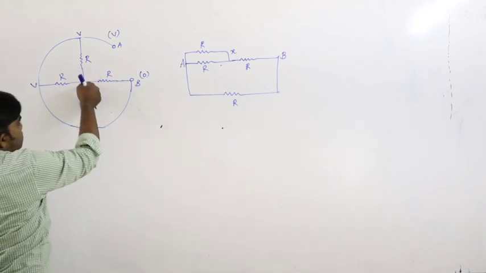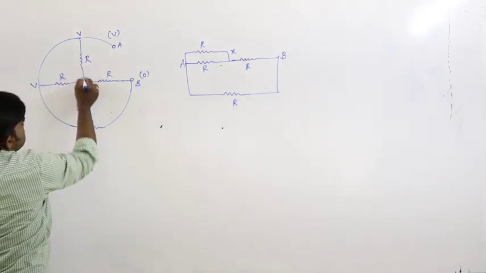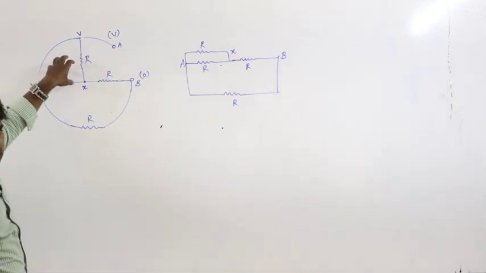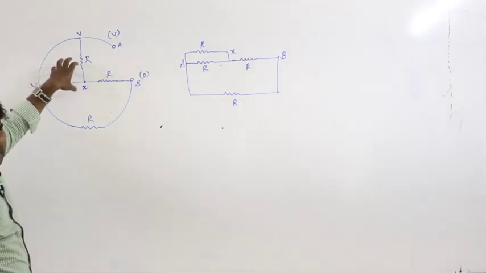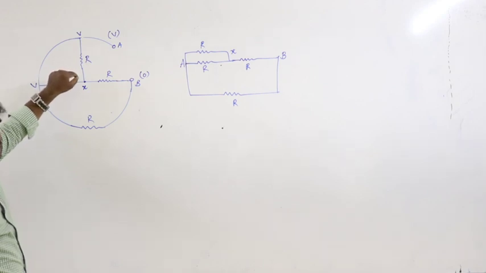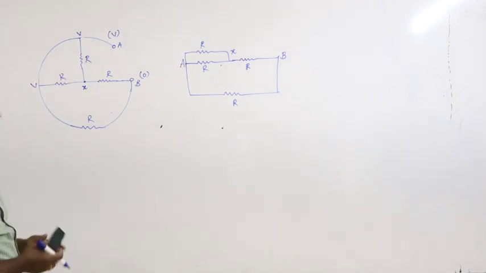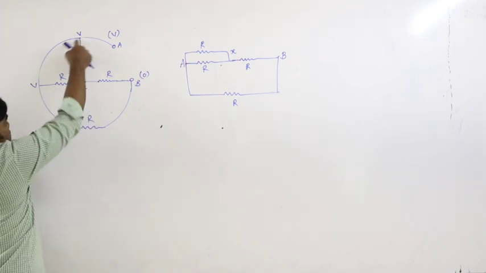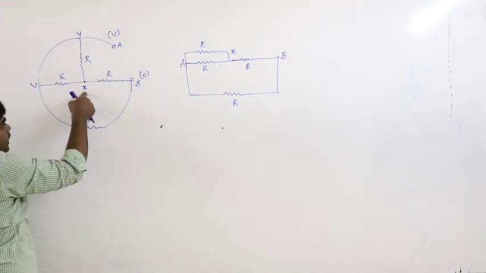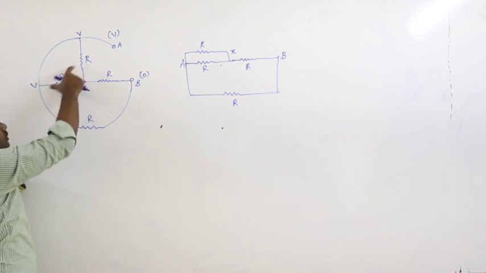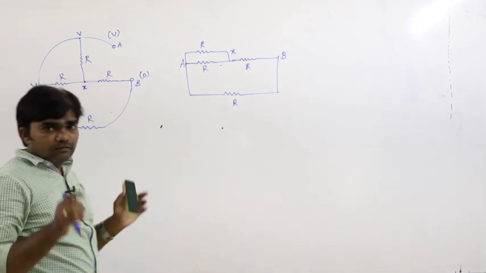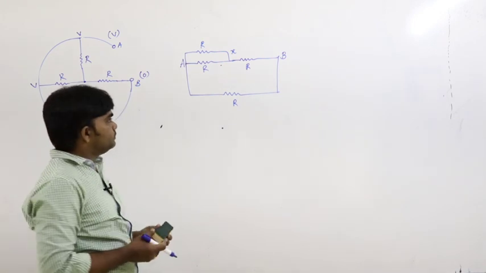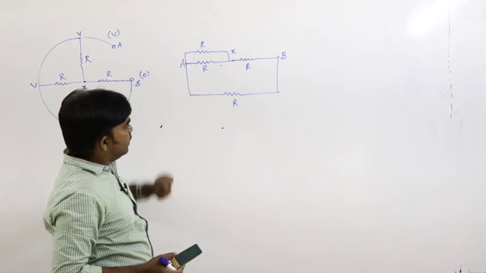Next, this is the middle point. From this point to this point, this point to this point, here resistances exist. Due to the existence of the resistances, potential must change. So from here to here, and here to here, these 2 points are at the same potential and connected to the same point. That's why these two are in parallel. If the 2 points are at the same potential, those must be in parallel. So see here, R and R are in parallel.